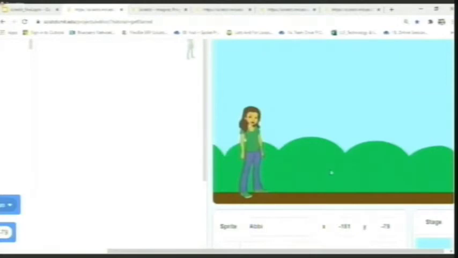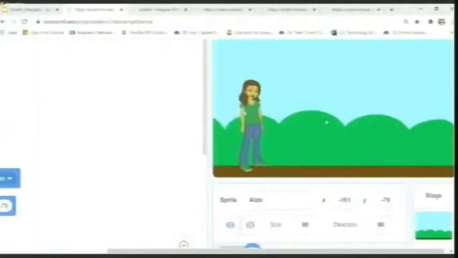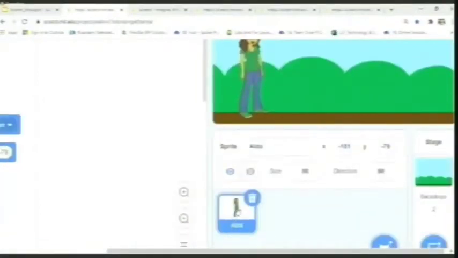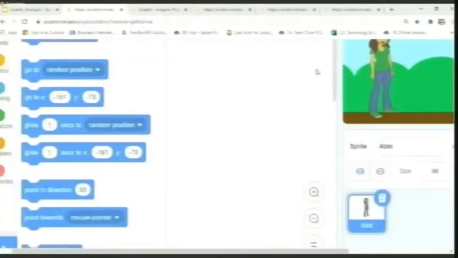Now we will see how to create an animation out of this. All we have done is put the stage together. Now our task is to make sure it animates, or create an illusion so that it looks like it is moving. In order to do that, first we will try to animate Abby here. So I'm going to click on Abby. When I click on Abby, you have to scroll down to this sprite area. Here, right here. So I'm going to click on that.